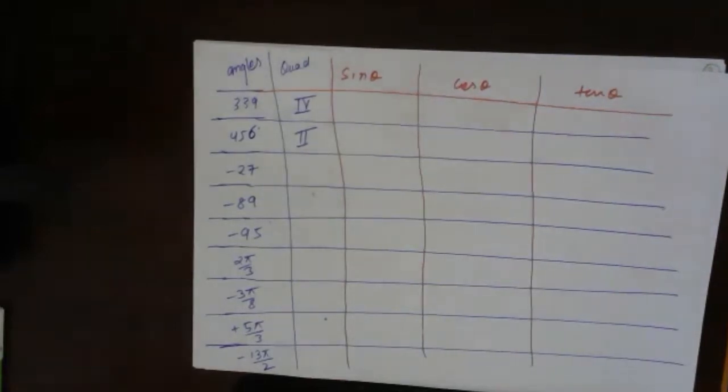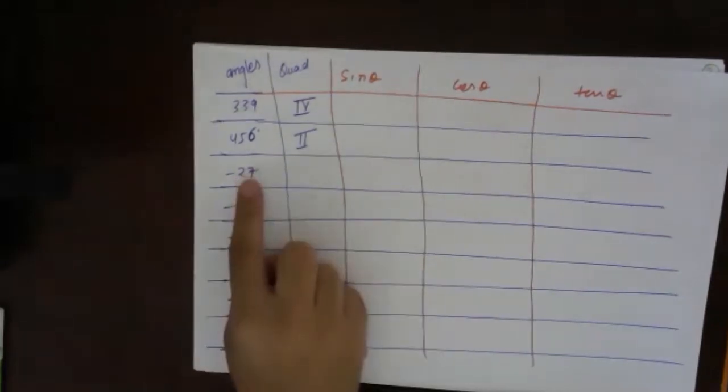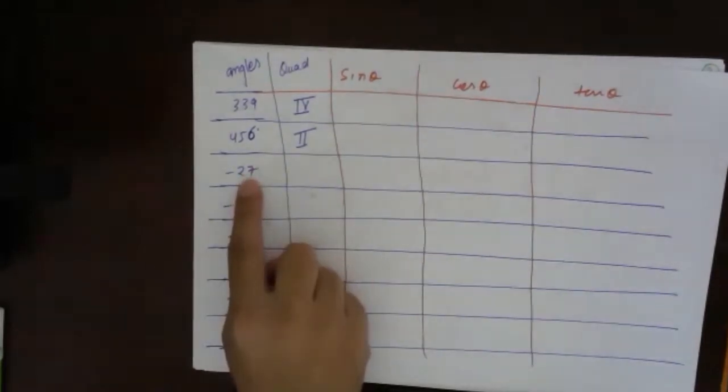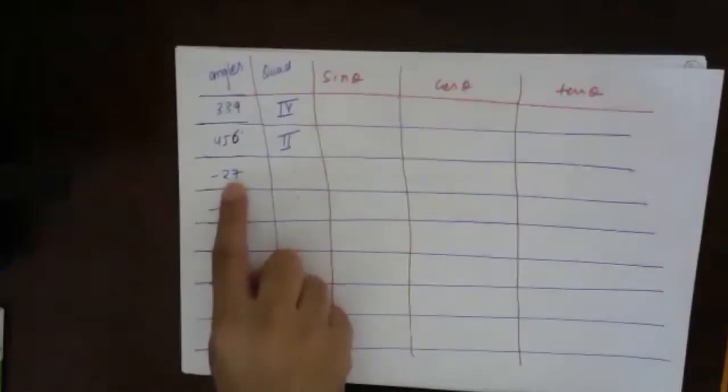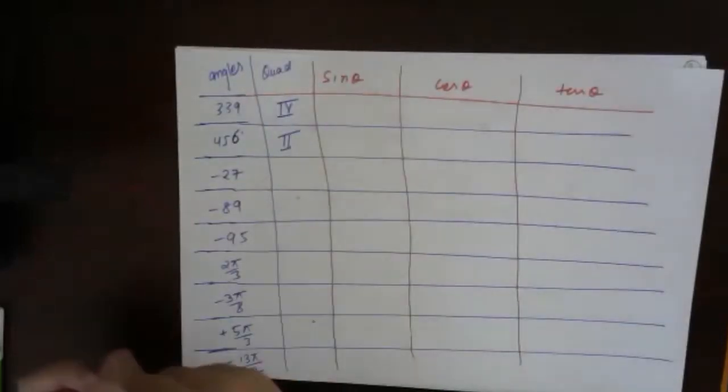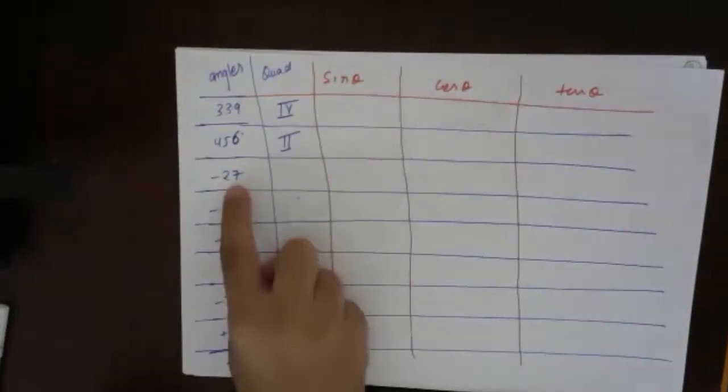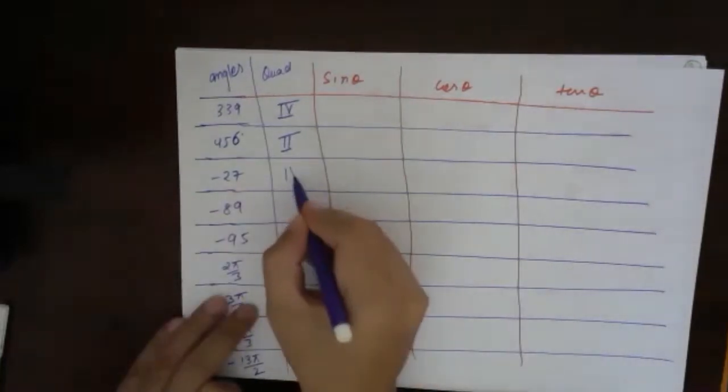Negative y-axis means two different quadrants. Negative y-axis can be fourth as well as third. Then you have to check in which quadrant it is, either fourth or third. Understood? Minus 27 is in fourth. Which quadrant will minus 27 be in? We can easily say minus 27 is in the fourth quadrant.